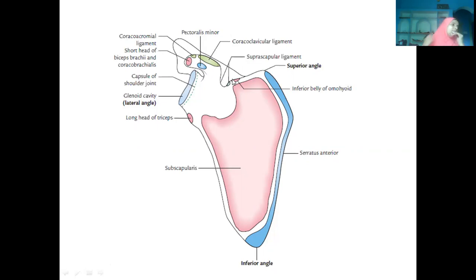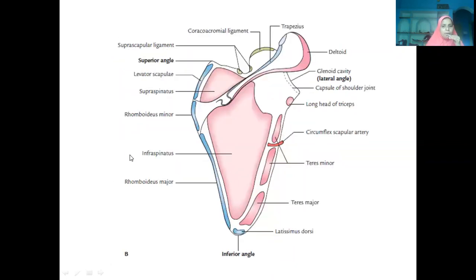Apart from that, we have done full head and neck, right? Most of the topics. So there you will see the inferior belly of omohyoid and the superior belly of omohyoid, which divide the triangles, posterior triangle and anterior triangle. Actually, the inferior belly of omohyoid is attached to the medial aspect of the suprascapular notch. Okay. So you are finding the origin of the inferior belly of omohyoid. So you try to revise it for yourself. I'll ask you a few questions tomorrow.